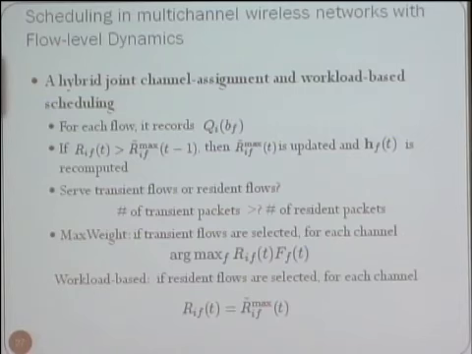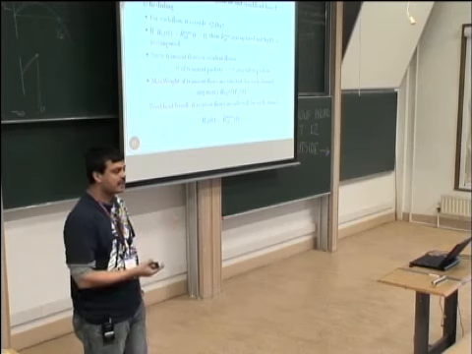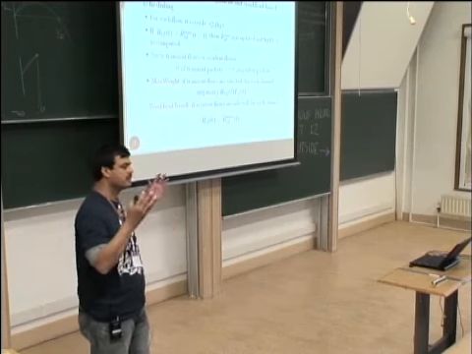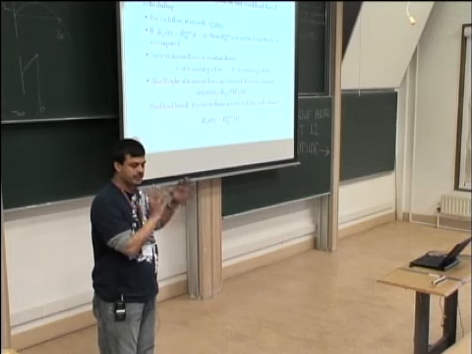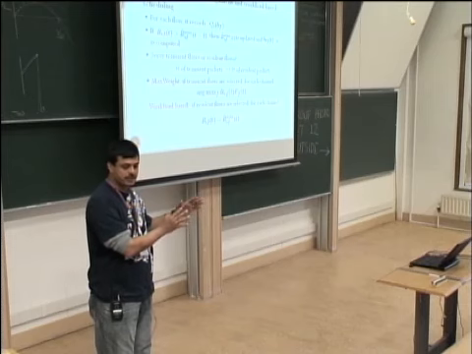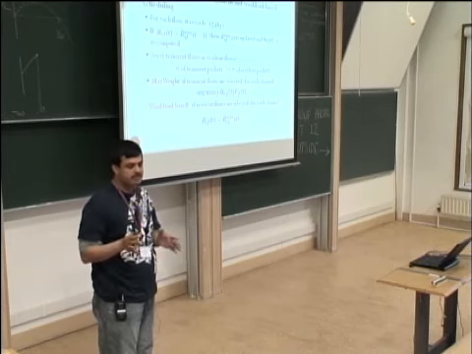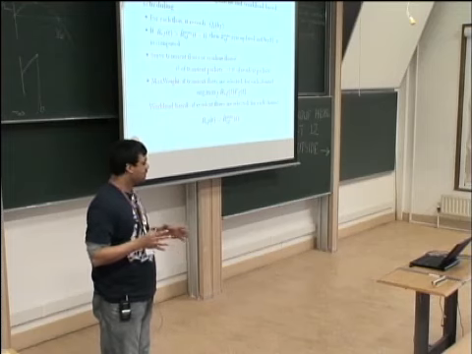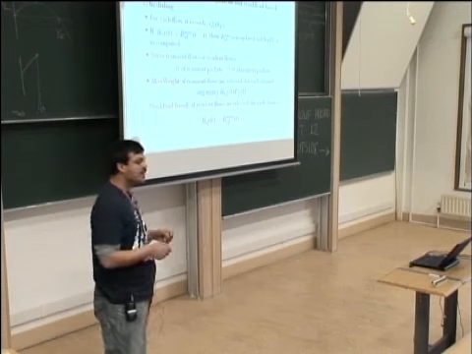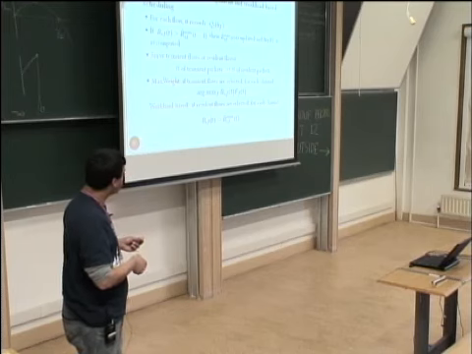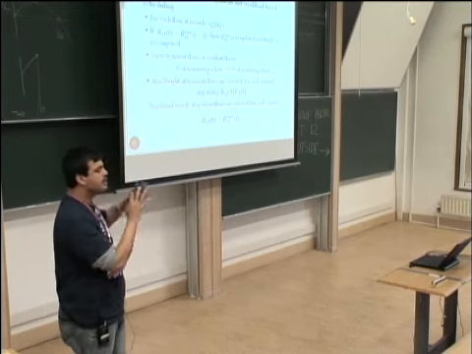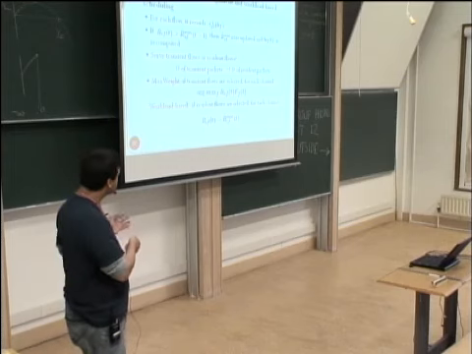Essentially the idea is that for flows that are still arriving, you use the max wait algorithm. Assume that they are going to be persistent. Pretend that these flows are going to be persistent, and we know for persistent flows the max wait algorithm is good. For flows that have fully arrived into the system, as I mentioned earlier, for throughput optimality you need to transmit a flow only when it sees its best channel state. This algorithm tries to combine the two, and what it says is to look at just the total number of packets in the system, and this can be justified again using this optimization way of thinking about it.